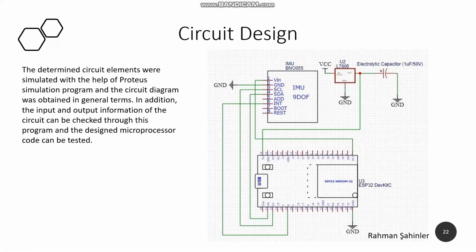The determined circuit elements were simulated with the help of the Proteus simulation program, and the circuit diagram was obtained in general terms. In addition, the input and output information of the circuit can be checked through this program, and the designed microprocessor code can be tested. For the explanation of the working logic of the circuit in general, three-axis acceleration, velocity, and position data are collected through the IMU sensor. After the necessary voltage manipulation processes are performed and stable values are obtained,